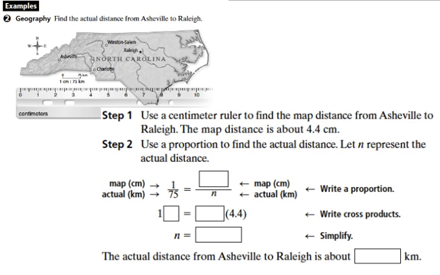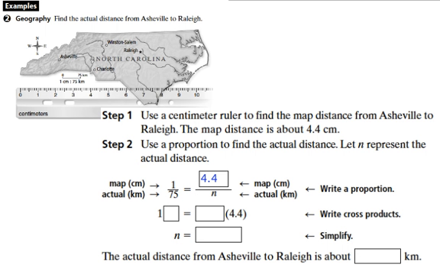Well, from our map, we can see that our scale is 1 centimeter equals 75 kilometers. So we write that as our first ratio. The second ratio is going to be the map distance, which is 4.4, over n, because we don't know the